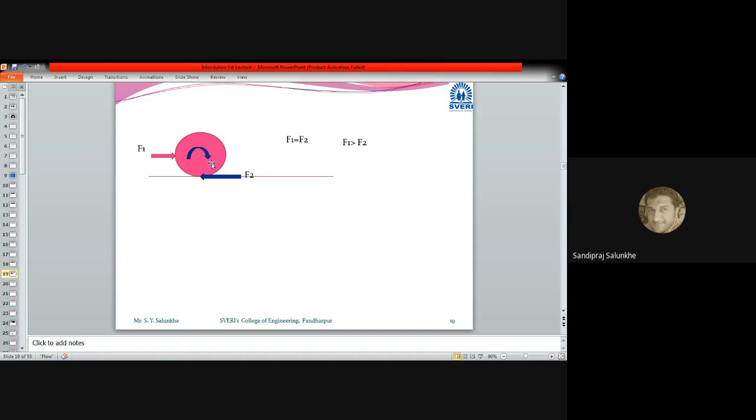Now, if you want to study the motion of this wheel, whether it will rotate at its place or it will move in a further direction, how it will move, how much distance it will cover in one revolution, if it is rotating with 30 rpm, what will be the distance it will cover in 1 minute, 1 hour, or in 1 second?